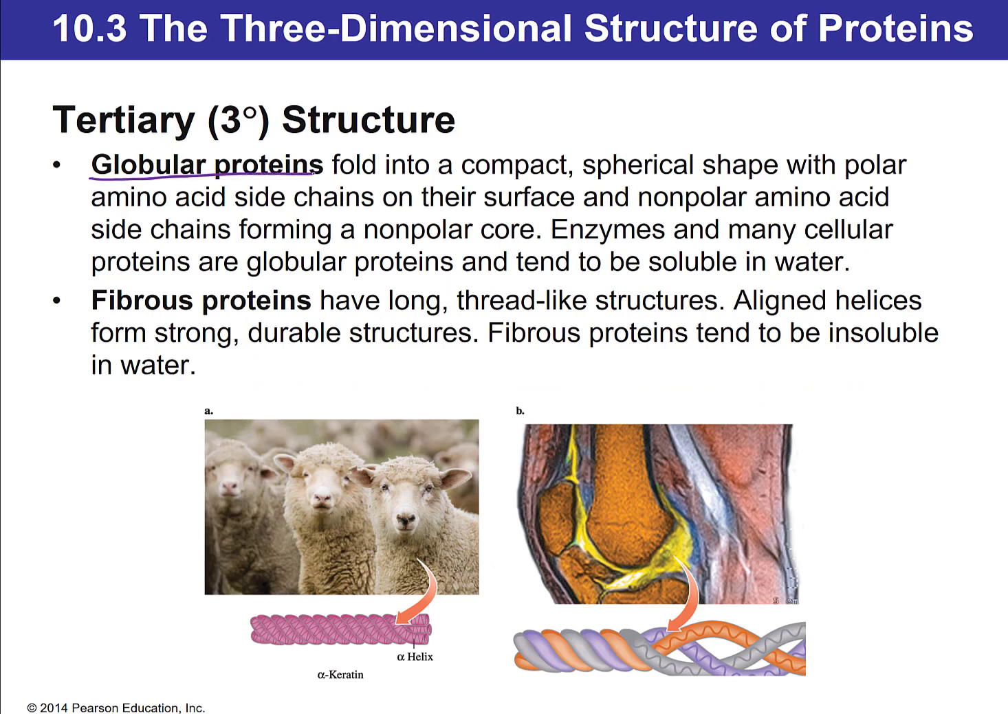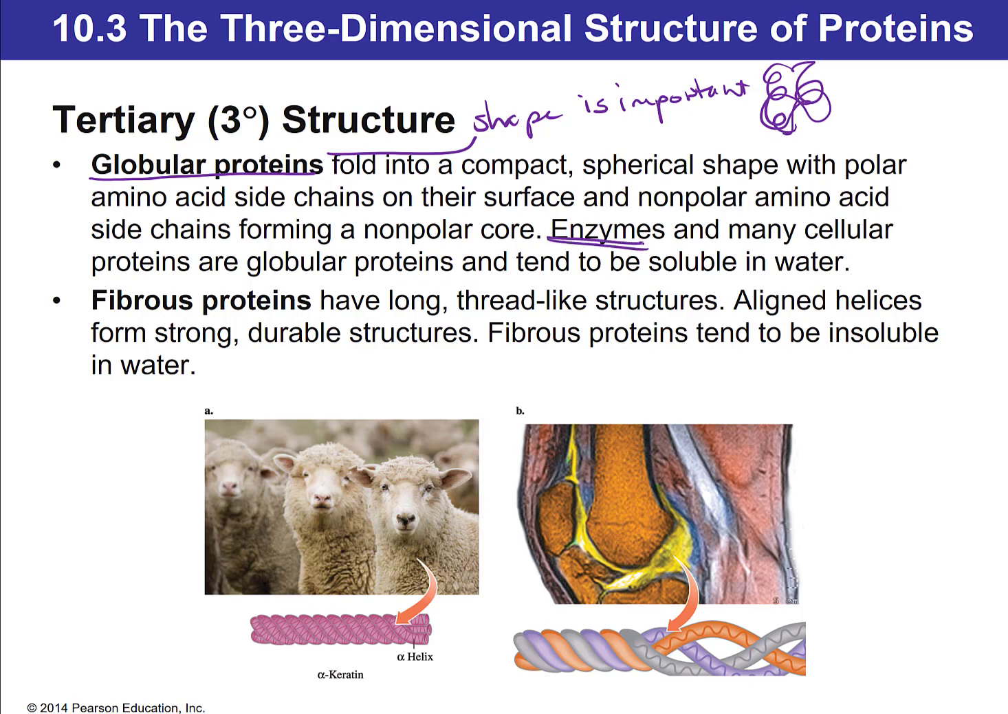Globular proteins have more polar and nonpolar R groups, more folding. With globular proteins, the shape is important. So that arrangement, the shape, because of the polar and nonpolar interactions, is the important part, and a great example is an